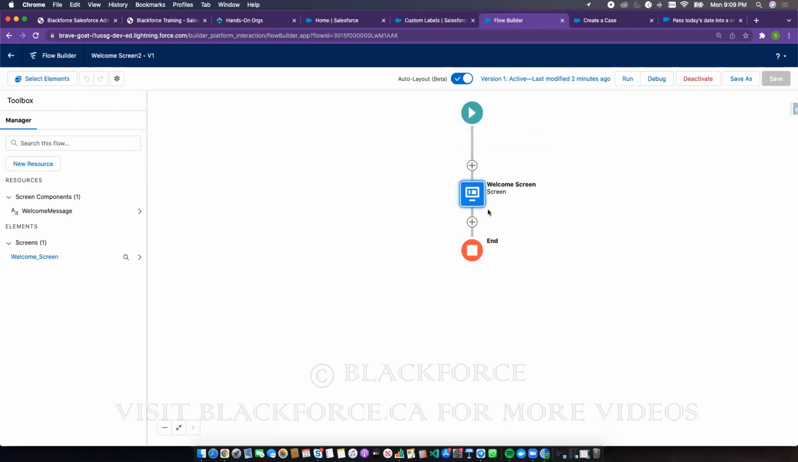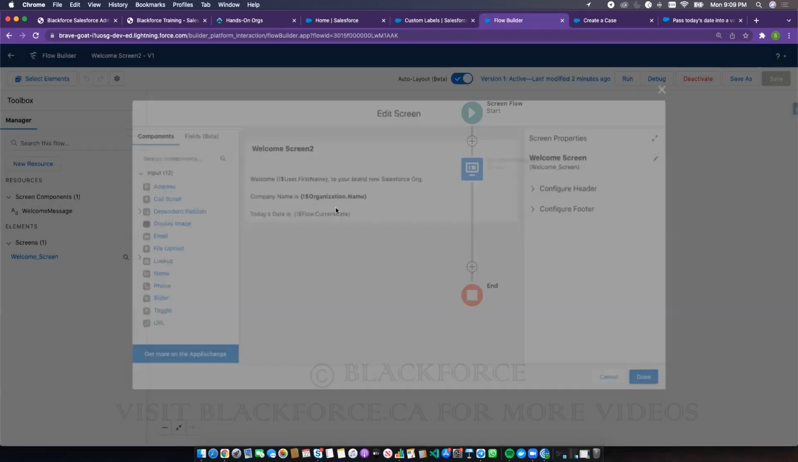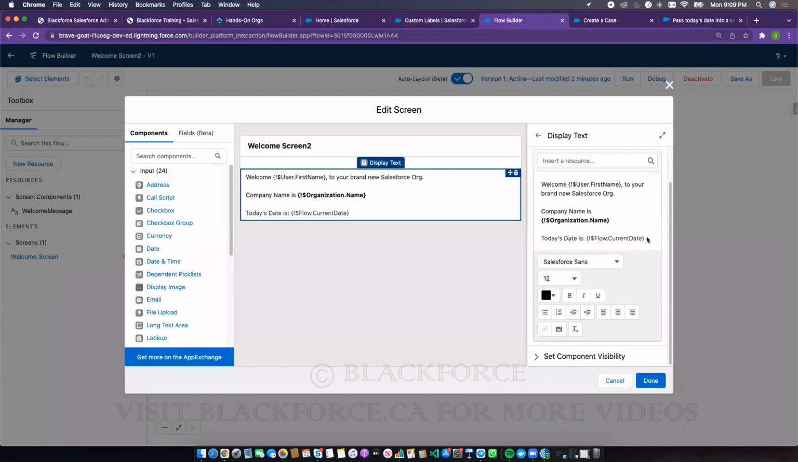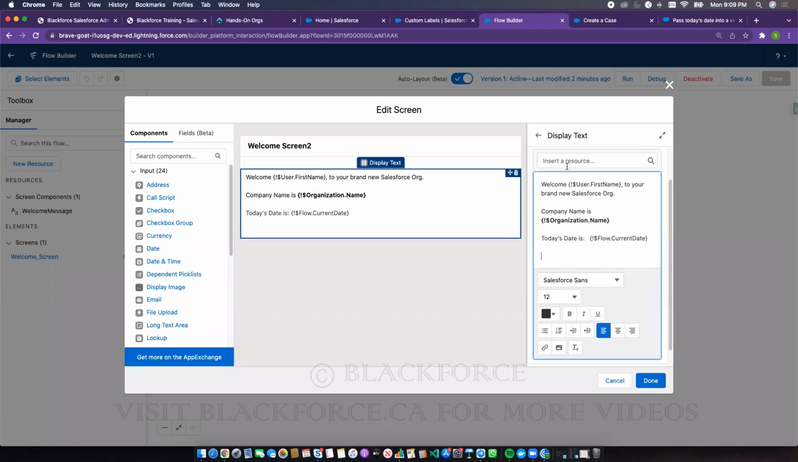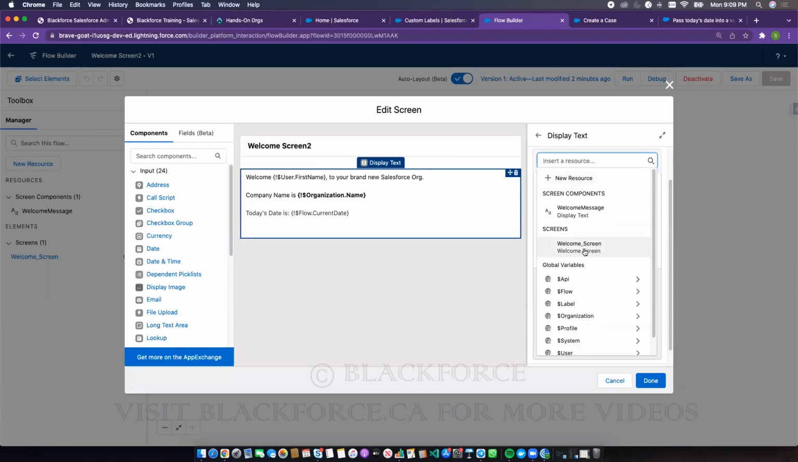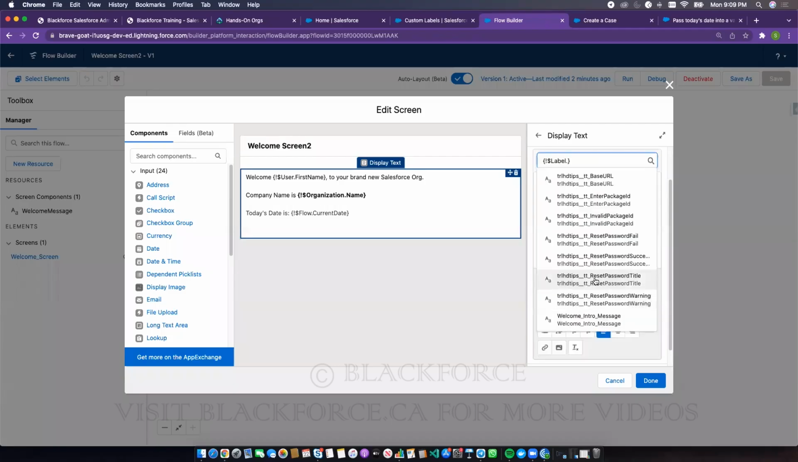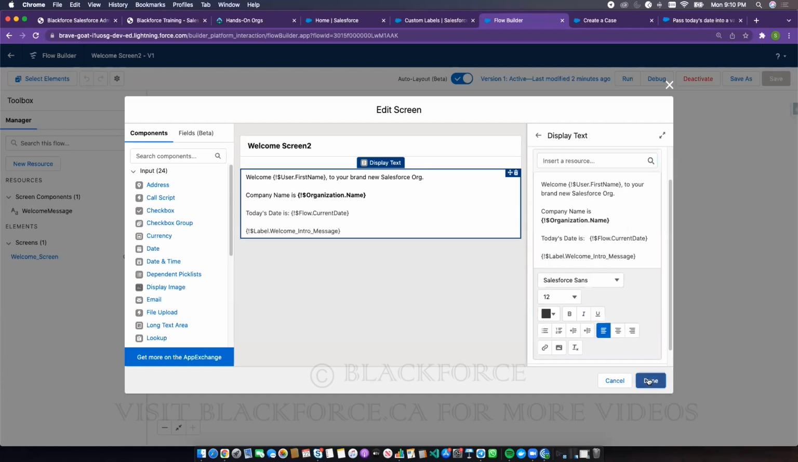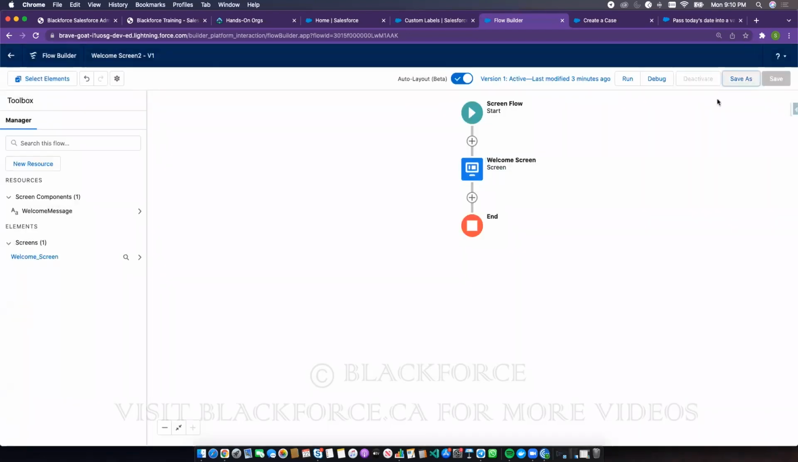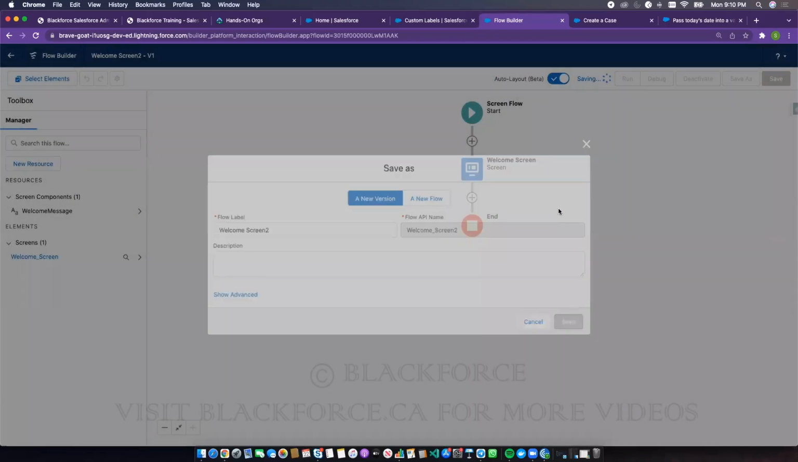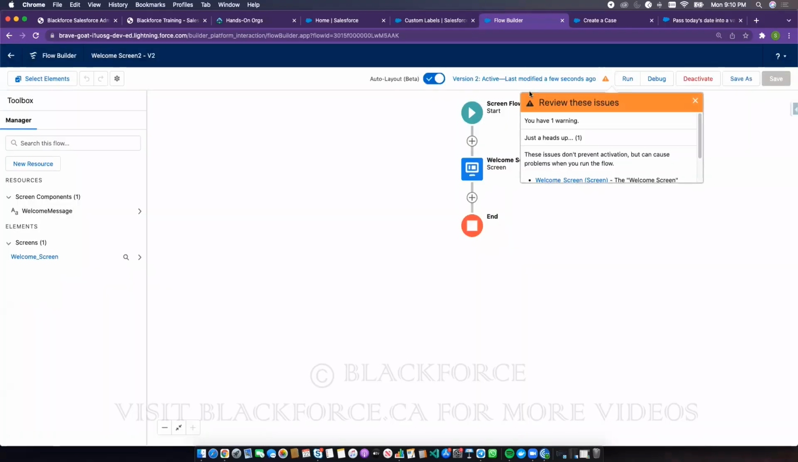Then I click on edit elements. This, I go to insert, then I go to label, welcome intro message, okay? The label I just created is now there. Then I save, okay? Then I save as, just to make sure that it kicks in, I activate, and I